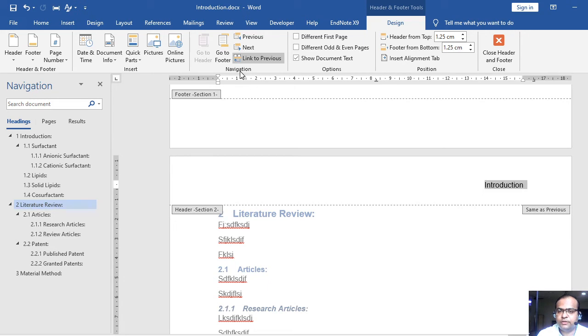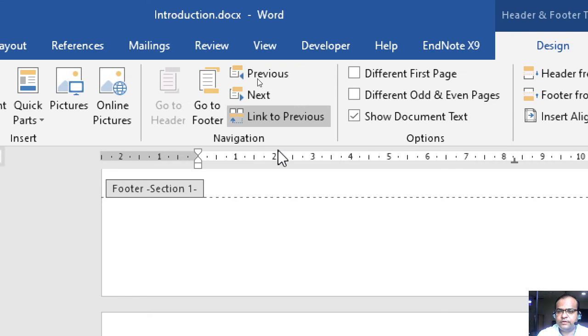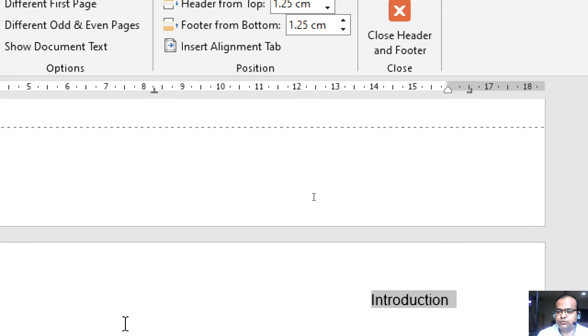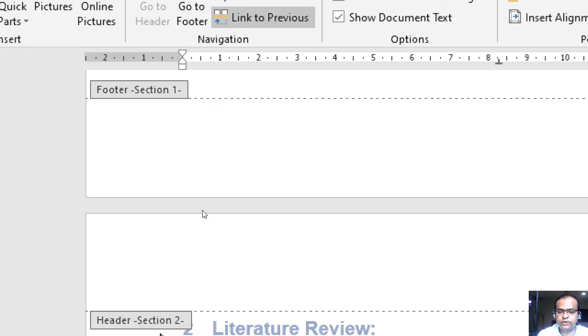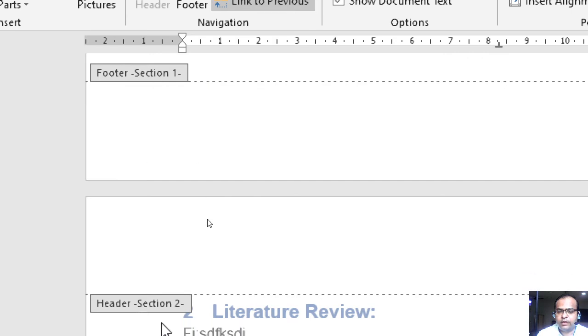But in the navigation point you may find this option, link to previous, right? It is now selected. So what does it mean? My entire section 2, this is actually section 2 and the previous one is section 1. So right now my formatting is being followed by section 2 as of section 1.